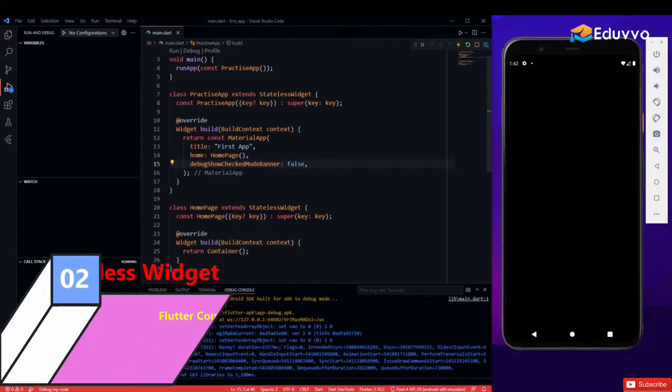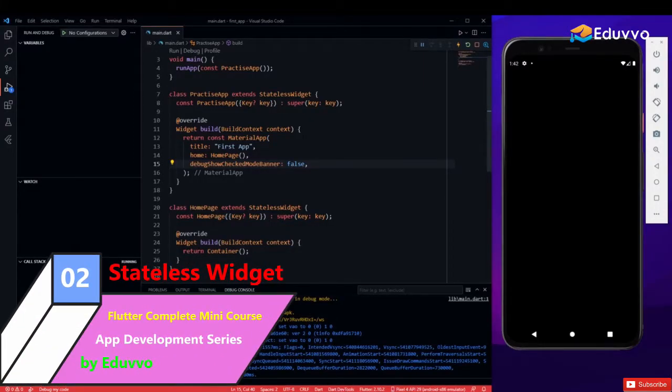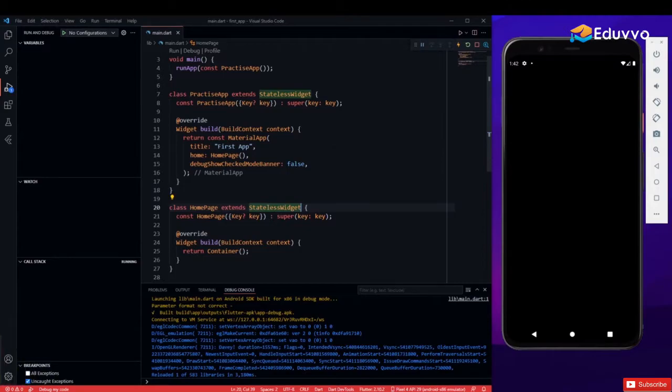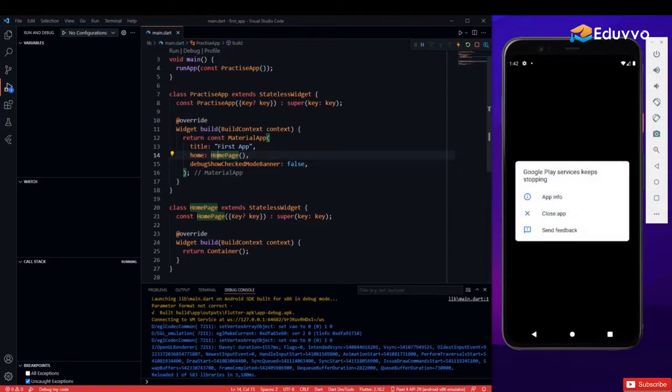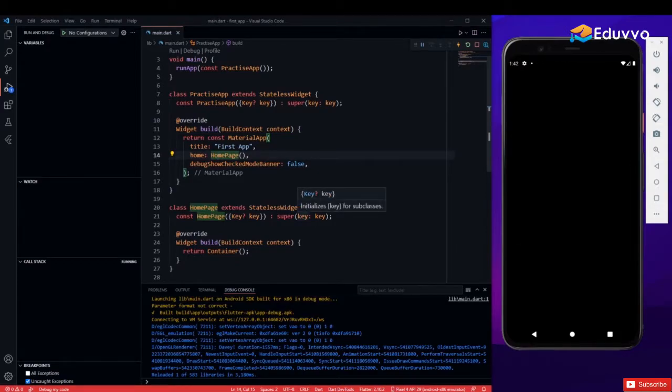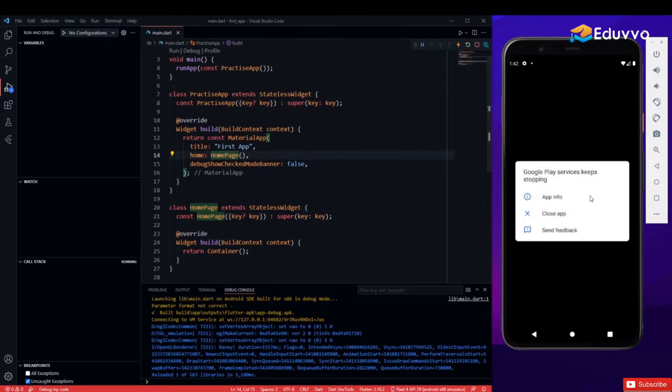Okay guys, so in the previous video, you saw me building this using this stateless widget, right? Now let's understand what that stateless widget actually means. Here are two stateless widgets. One is the main and the second one is the home page. So a stateless widget is basically a widget inside which you can have data,